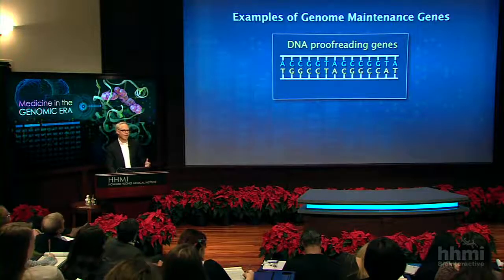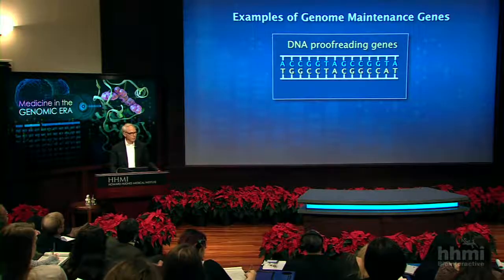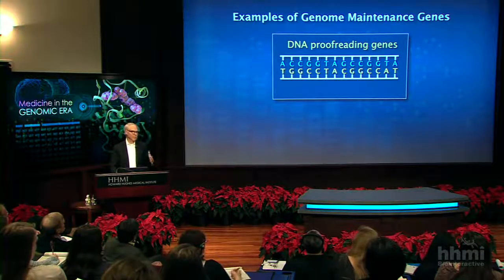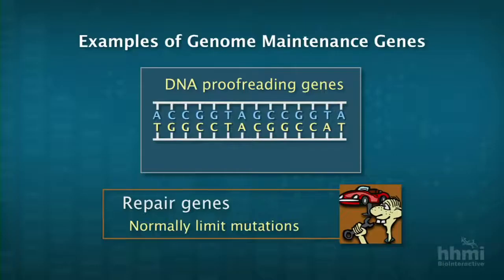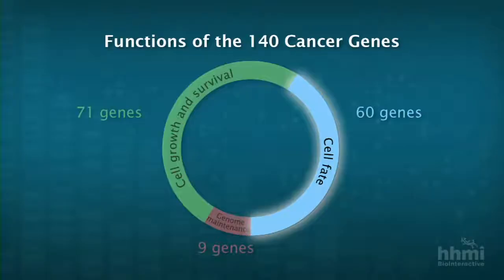Suddenly, you would accumulate mutations at an extremely rapid rate, and that's exactly what happens in these patients with 1,000 or more mutations per tumor. And the types of tumors that have that problem is a form of colon cancer. It's not all colon cancers, but that's where this was first discovered. So repair genes are important in limiting mutations, and loss of function, recessive mutations in those repair genes leads to this phenotype. Now the third category, which is a big category, 60 genes as of this update, I've called cell